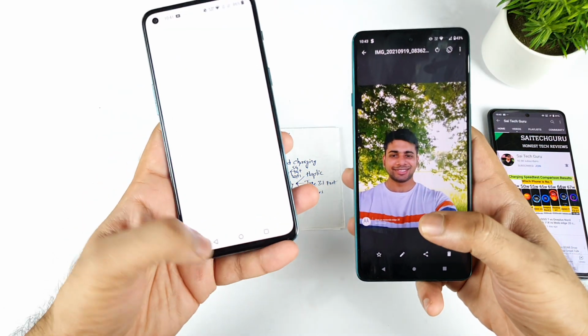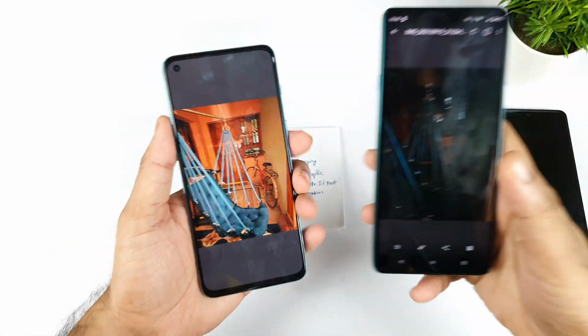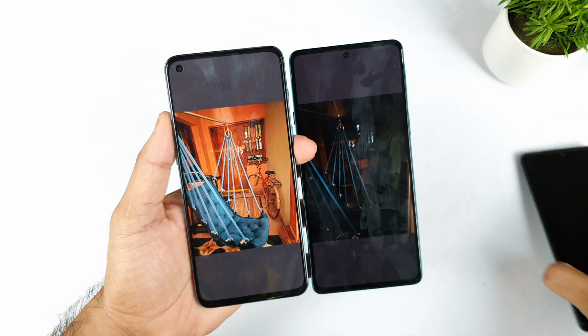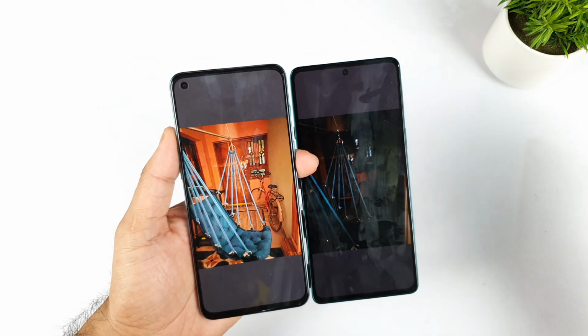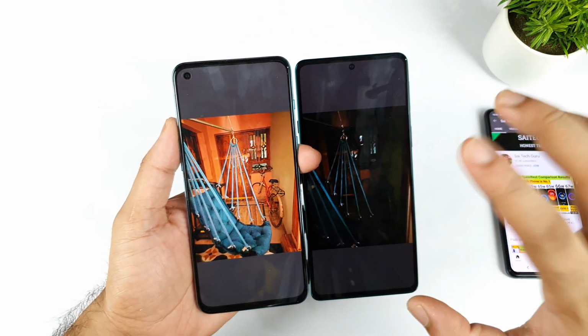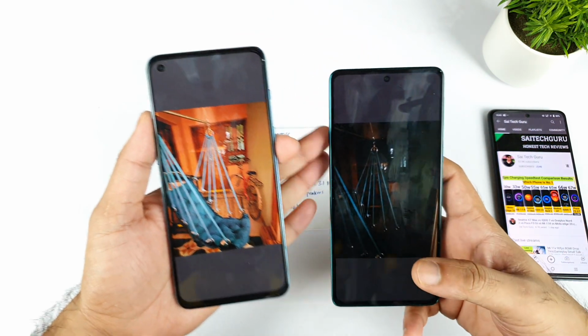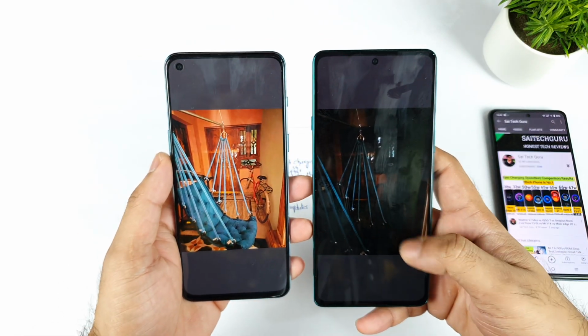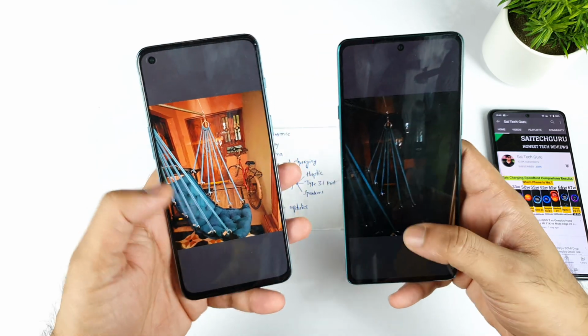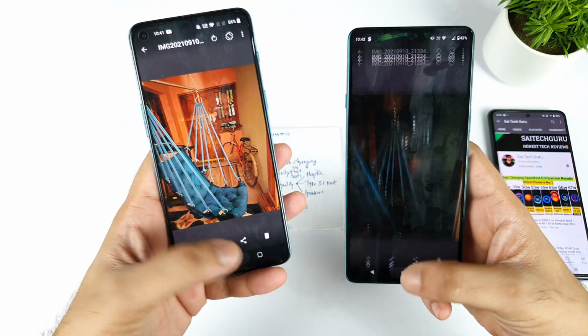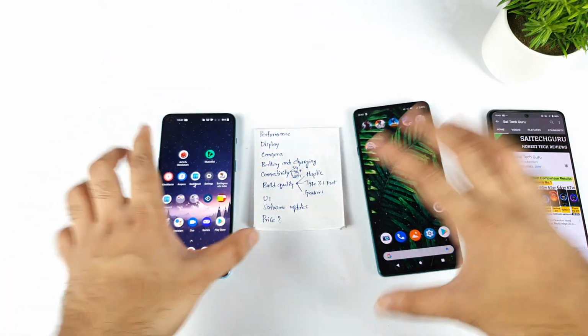So in terms of night mode shot, let me just show you a couple of shots. This exact shot I took on both phones. Yes, friends, you may think that I turned on the light and took this shot, but no. These are actual night mode shots in the OnePlus Nord 2, and these are night mode shots in the Moto H20. It's not that great in terms of low light photography. It's kind of really bad.